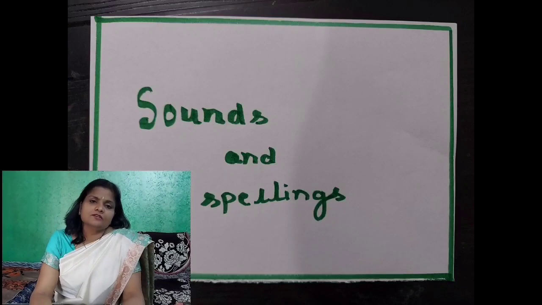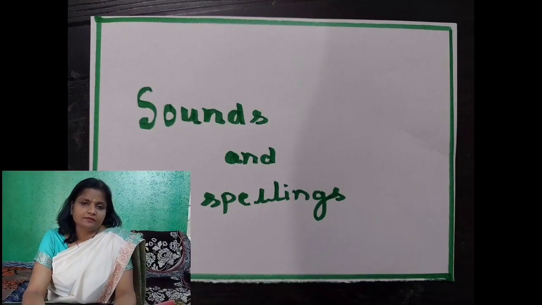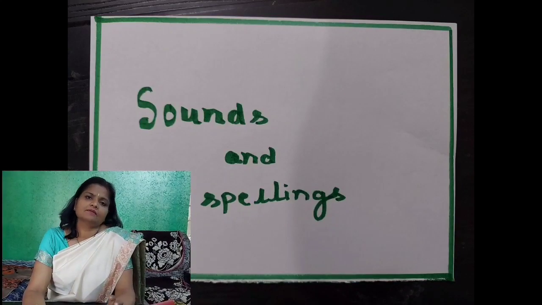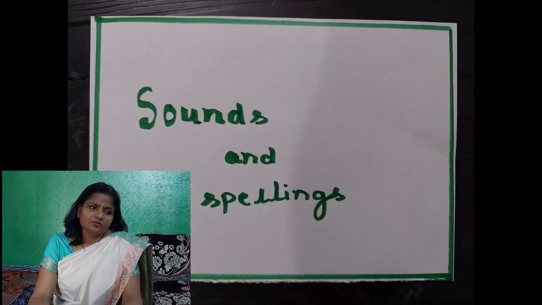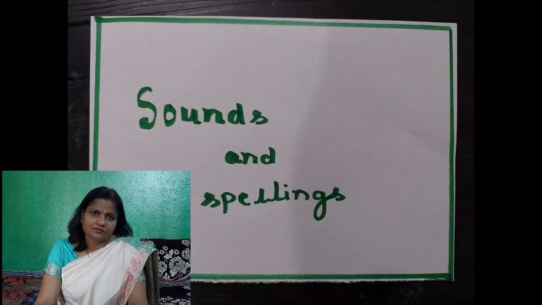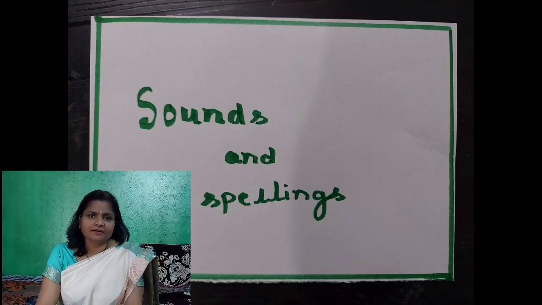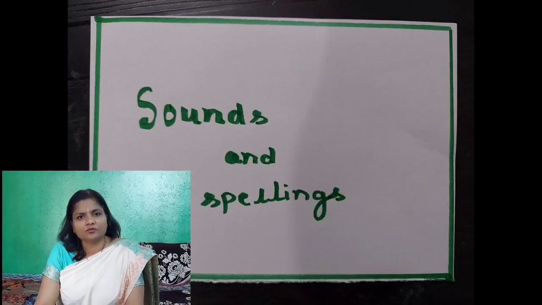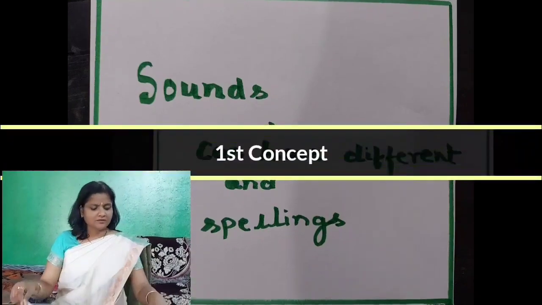In writing English words, many times we come to know that there is some discrepancy between the number of letters and the number of sounds. Whenever you write a word, you always write with the help of sound. But in writing the word you are using 4 letters, but the sounds are less or more. That depends on the concept. So there are 4 main concepts here.